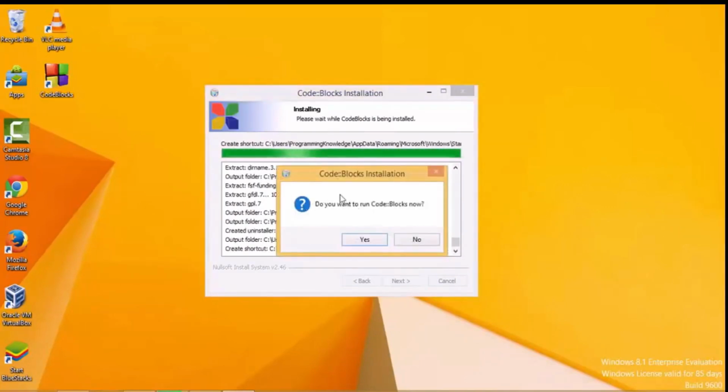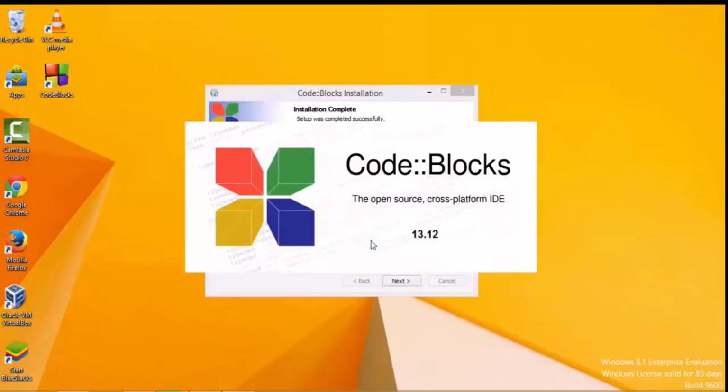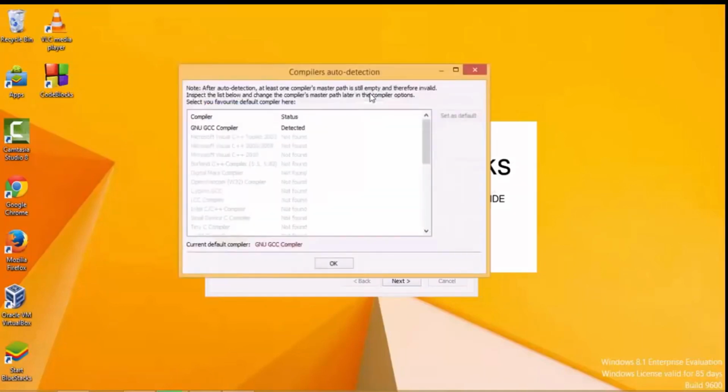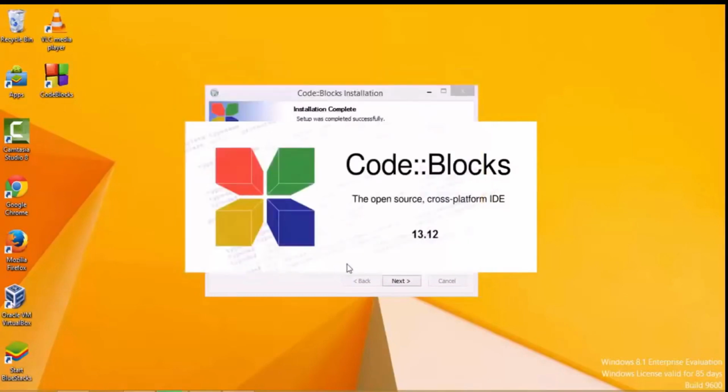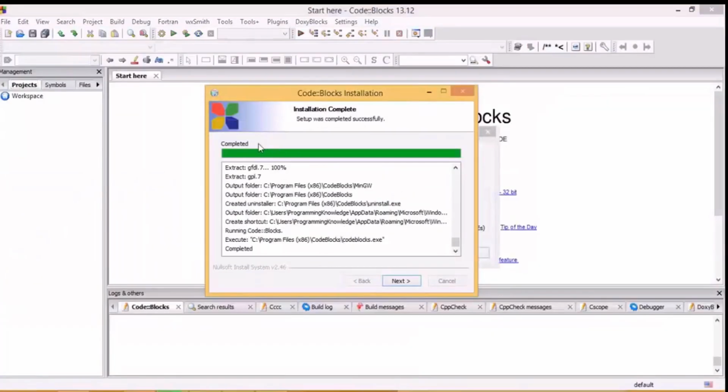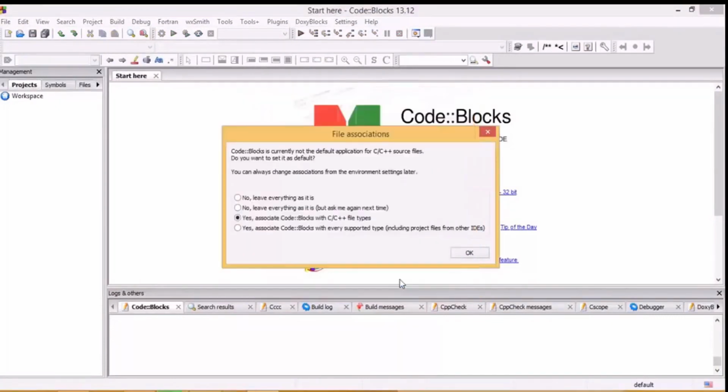Now it says the installation is done, I think. And do you want to run code blocks? Yes, I want to run, and it will run code blocks, and it says something. I will click OK, and here the installation is complete, so I will click next, and I will finish. And you can see here code blocks is currently not a default application for C and C++. Do you want to make it as default? If you wish, you can make it as default, or